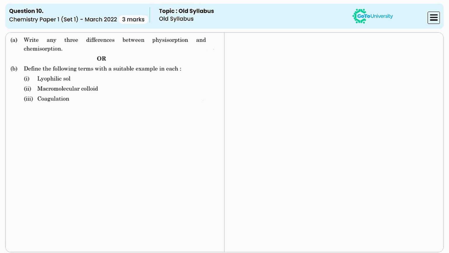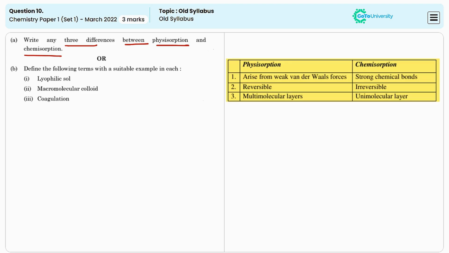The question is from the chapter Surface Chemistry, and here we need to write any three differences between physisorption and chemisorption. Physisorption and chemisorption are two different types of adsorption processes, and physisorption involves a weak van der Waals force or London forces. At the same time, chemisorption involves strong chemical bonds such as covalent bonds or ionic